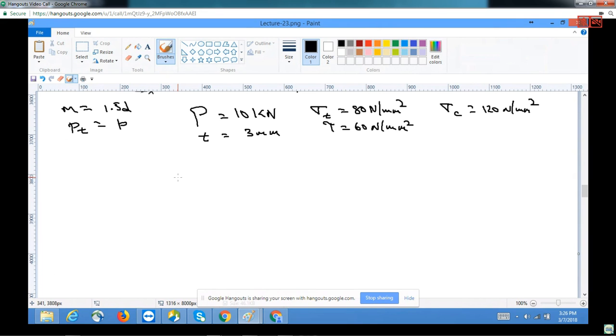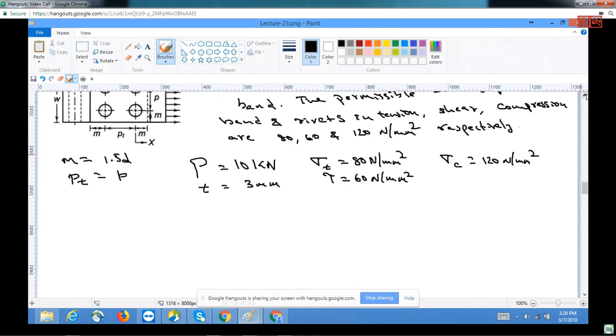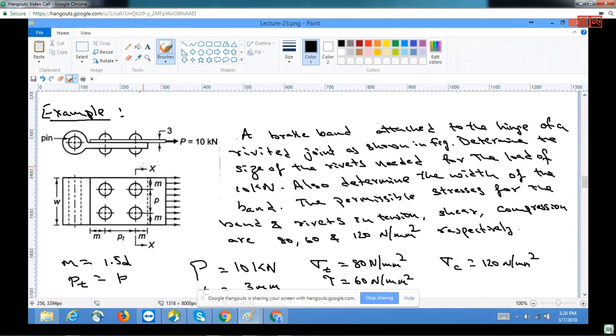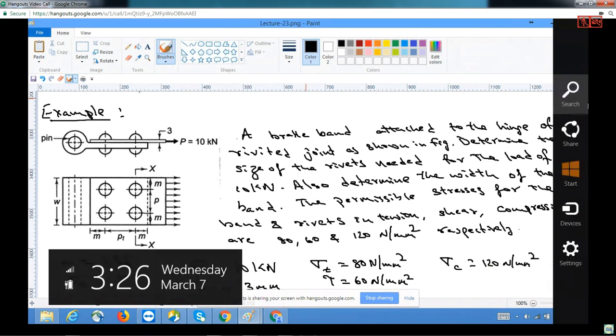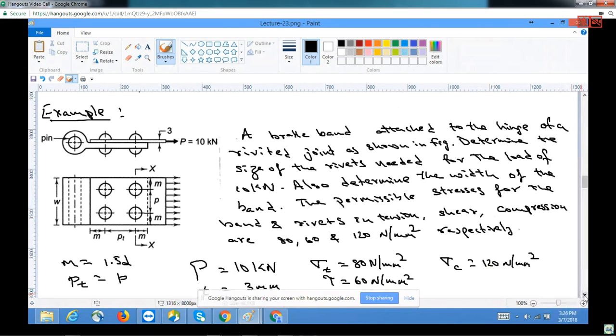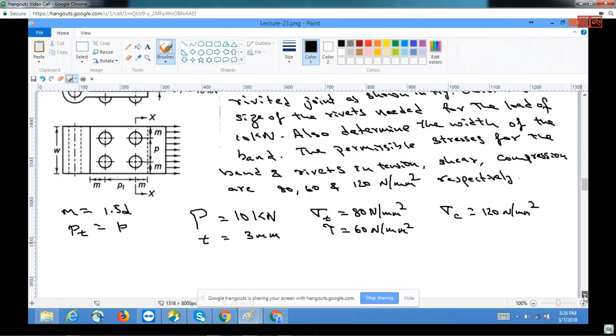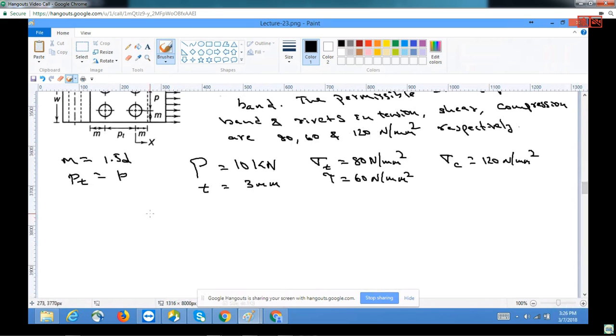So since these rivets are under double shear, you can see they get sheared at this place and this place. And there are two such rivets. So let us assume here,